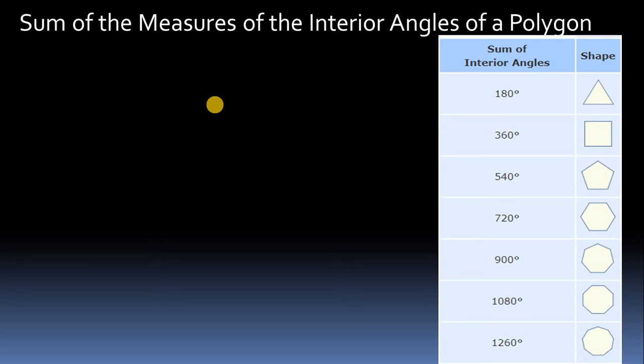Angles of a polygon. If you take any kind of polygon, we have the formula for the sum of interior angles, and that formula is nothing but this one. So how will we calculate the triangle case? In the triangle case the sides are 3, so n represents the number of sides, so it is 3 minus 2. 3 minus 2 is nothing but 1. So 1 into 180 is 180. And in the case of a quadrilateral, 4 sides are there. So 4 minus 2 is 2. So 2 into 180 is 360. In this way you can calculate for each and every type.